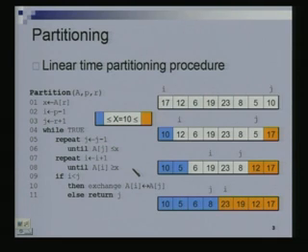So why did we do it in this manner? You could also have done it in a slightly different manner, right? After all, we are taking the pivot and we are saying compare every element with the pivot and put everything which is smaller in the first few locations and everything which is larger in the next few locations, right? But if you try to do it some other way, you will require more memory.